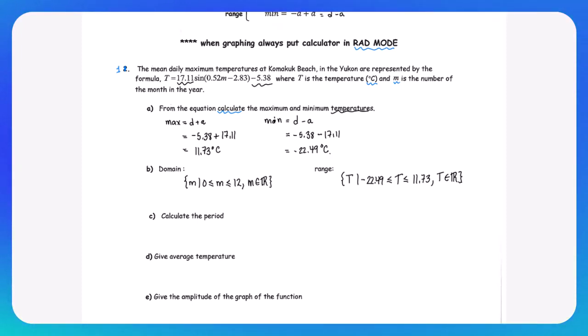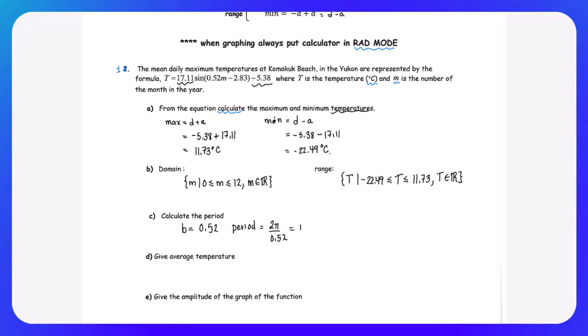Now let's calculate the period for C. Calculating the period, we need to know the B value, and the B value is 0.52. So the period is going to equal 2 pi over 0.52. Now we can put this in our calculator to give a decimal value, and when we do that, we get